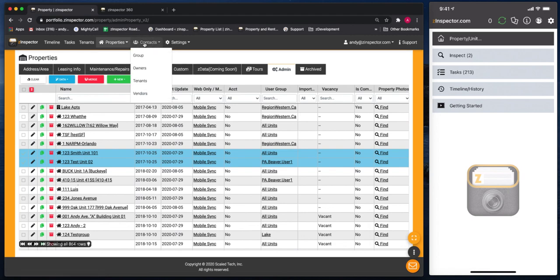All right, so under contacts, owners, tenants, vendors, that's where you can basically search for them. You can add new people there. Not everyone does that. Some people just use zInspector standalone, just have the properties and just do inspections. That's fine. Other people use it for managing all their data and putting that in there as well, and that's fine as well. Okay, but what everyone's going to need to do basically is go to Contacts Group,